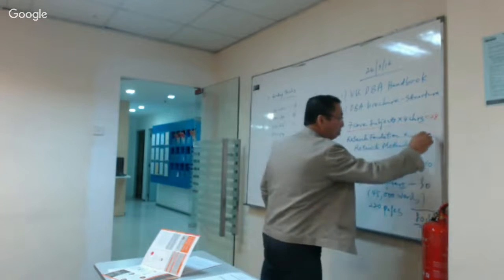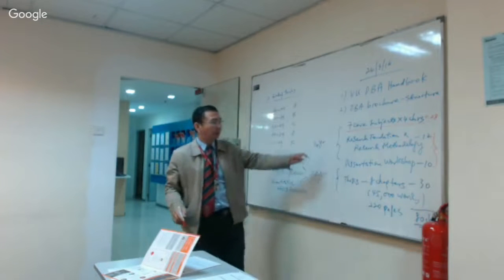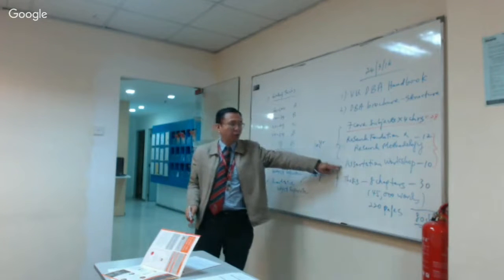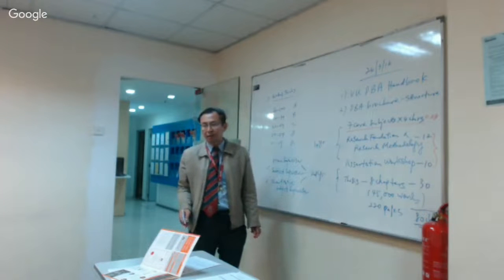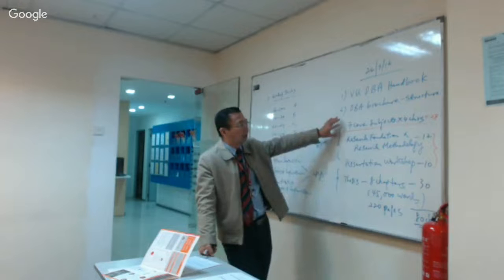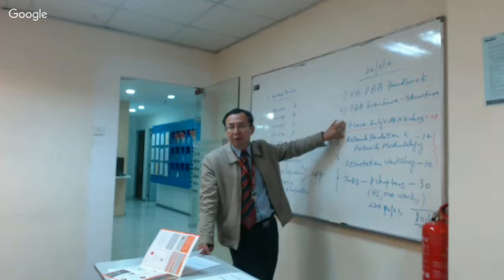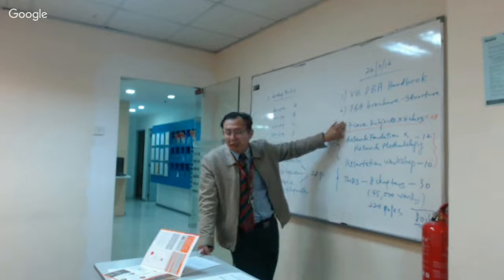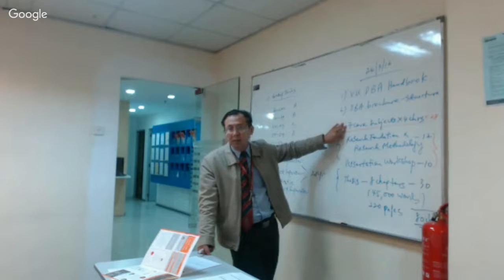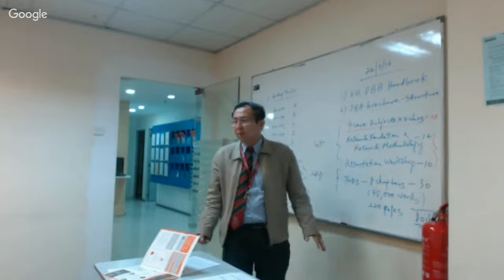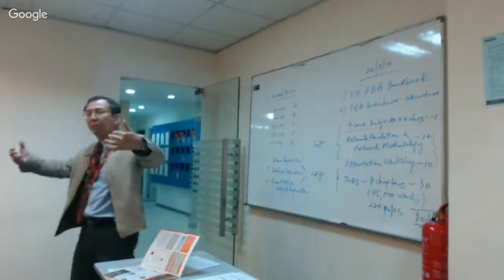So the major portion of the credits actually comes from the research foundation and methodology, and also the dissertation workshop. In the case of the 7 core subjects that you can glance through, it is important for you to understand the rationales behind, because all of you are coming from different management backgrounds. Some are from the strategic aspect, some from marketing, human resource, entrepreneurship, or even the IT background. So the 7 subjects are meant to expose you to a full spectrum of the possible research areas,